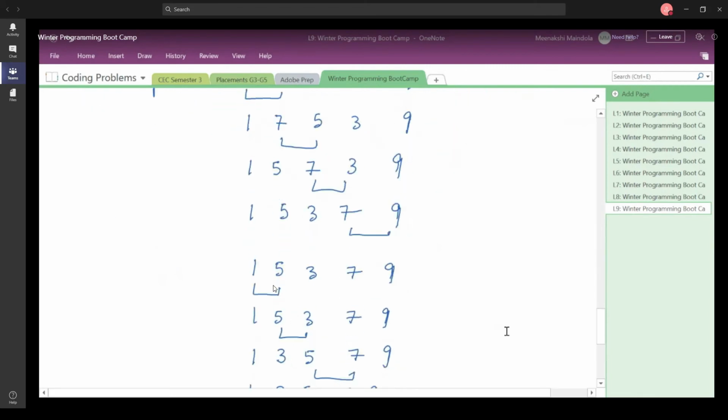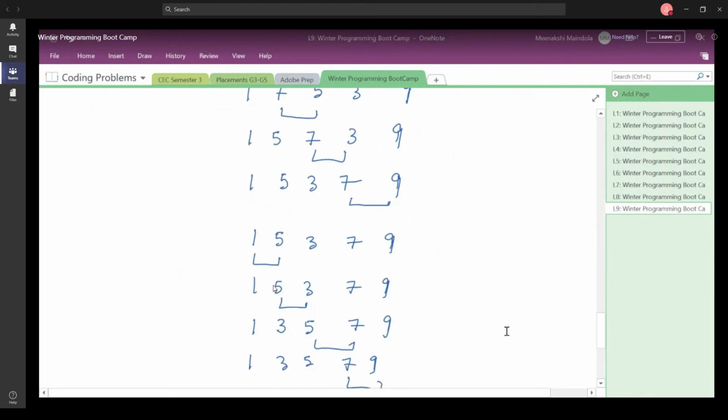Okay, so if there are no doubts, then let us move ahead.